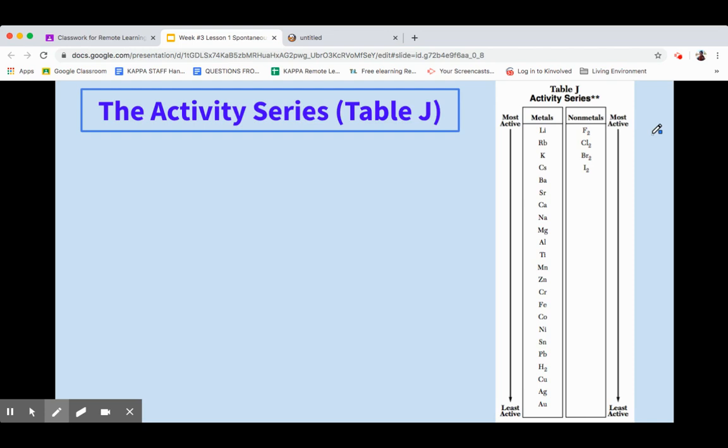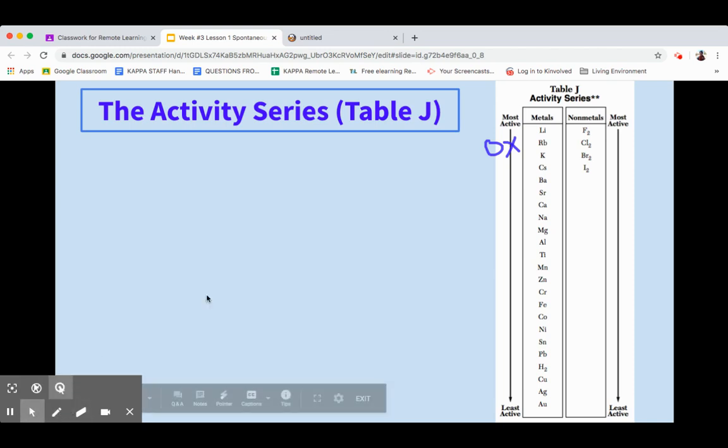Activity is actually referring to how quickly these metals or nonmetals will lose electrons or be oxidized. So things at the top where it says most active will be easily oxidized. So anything that's higher on the chart will be easily oxidized. So it'll easily give away electrons. So the way we use this chart is,